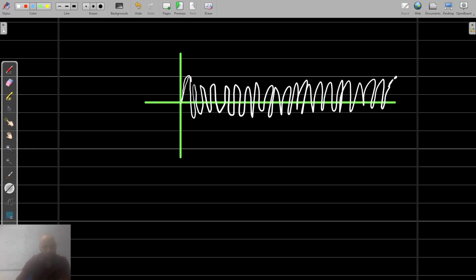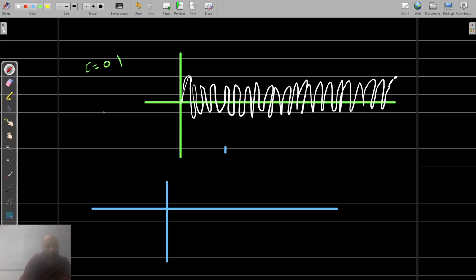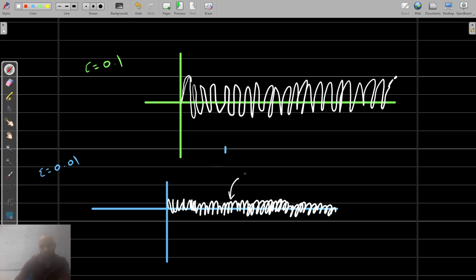Let me see if I can draw this plot again very quickly. So just to make clear what's going on here, I've done this plot for, let's say, epsilon is 0.1, and if I made epsilon even smaller, all it's going to do is have this same thing, but compress it down even more, so we're going to get even more oscillations. Okay, so this is what's happening in this answer,